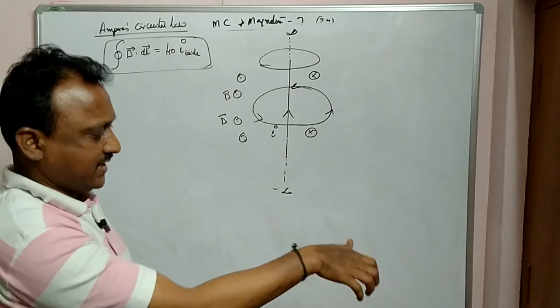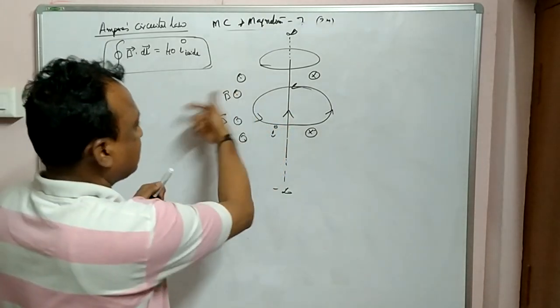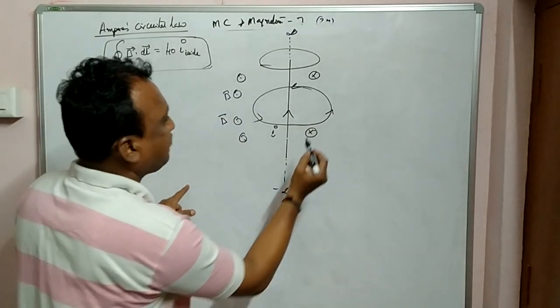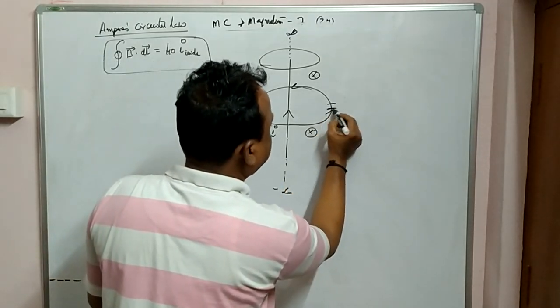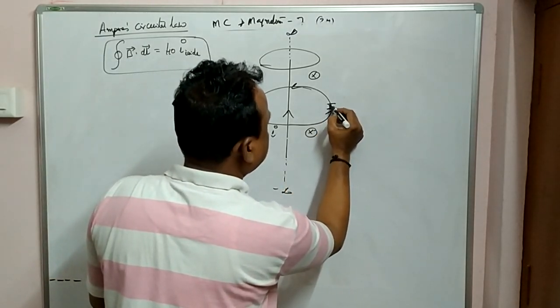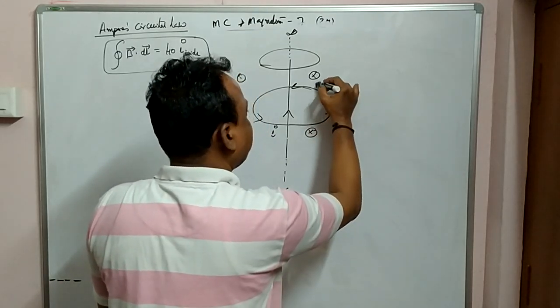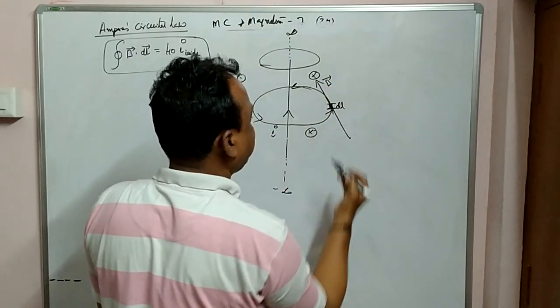Magnetic field going inside and coming outside like this. So here outside, here inside. So at that point, suppose you take a small elemental length dl,